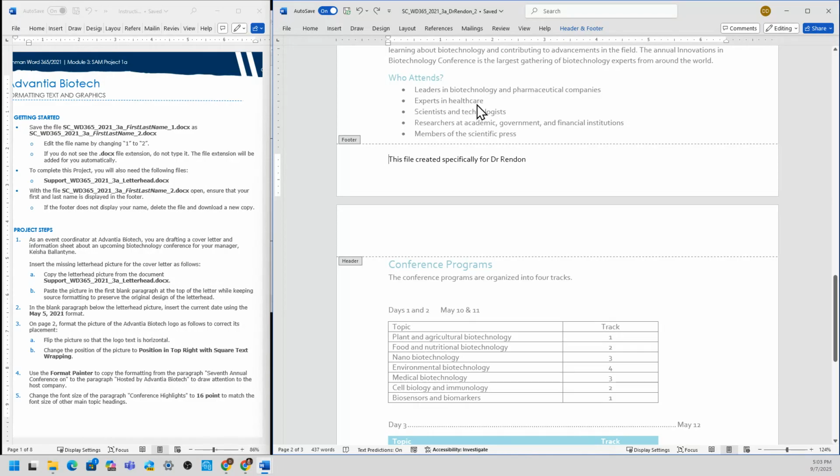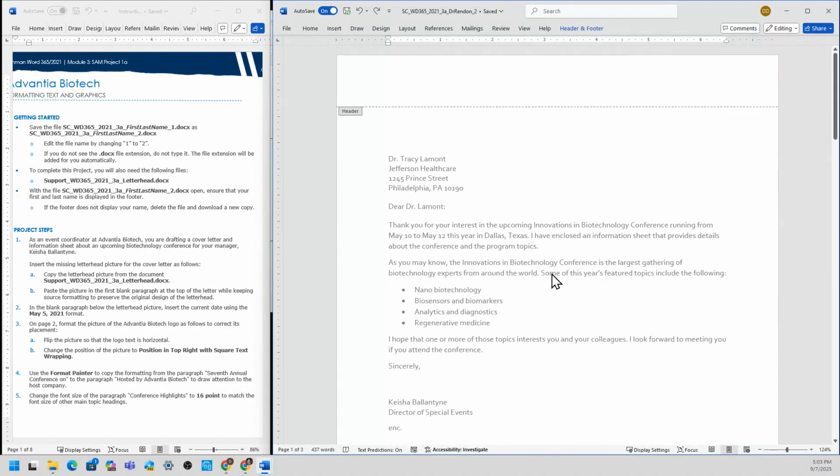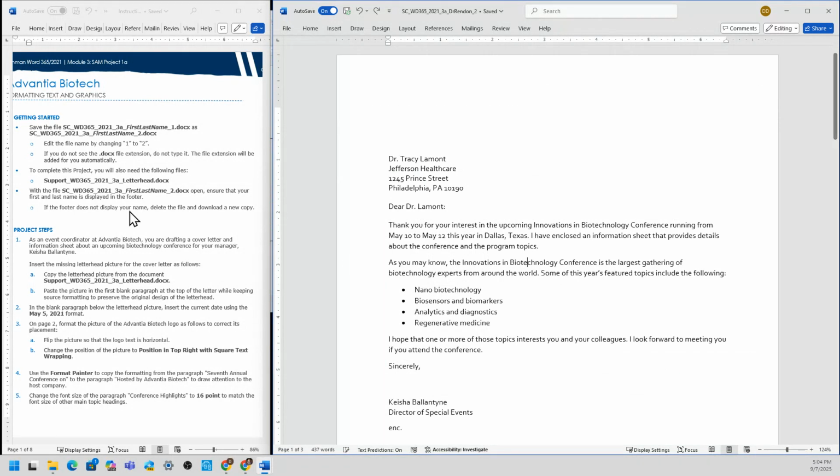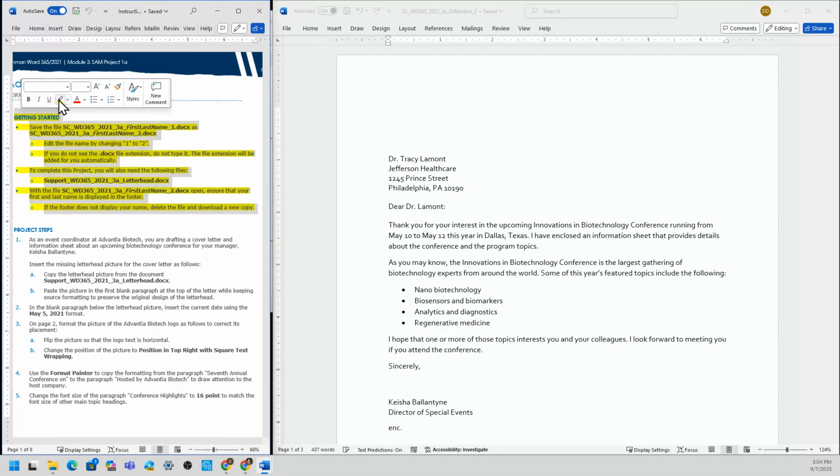If not, you can delete that and download again, but I haven't seen an issue with the student's name not showing before. So I've completed the getting started steps, and I'm just going to highlight this so I know that's completed.